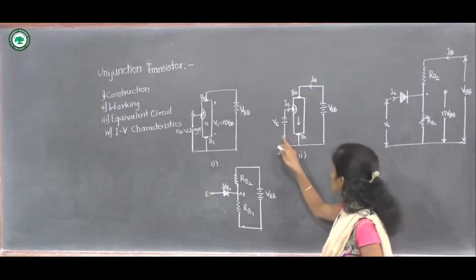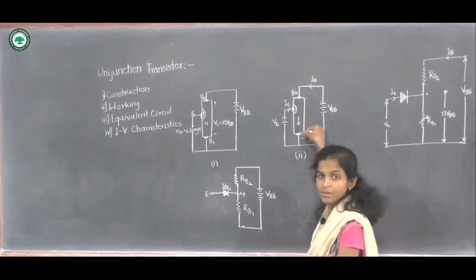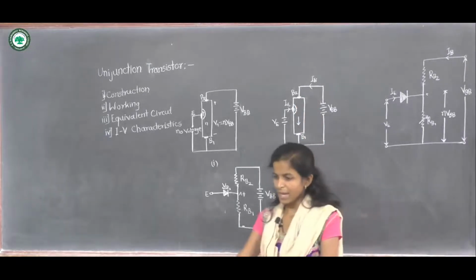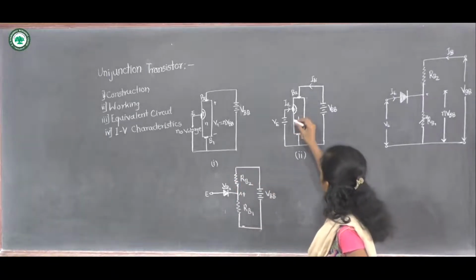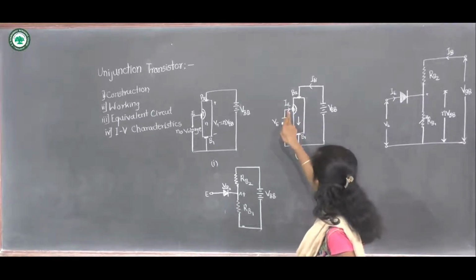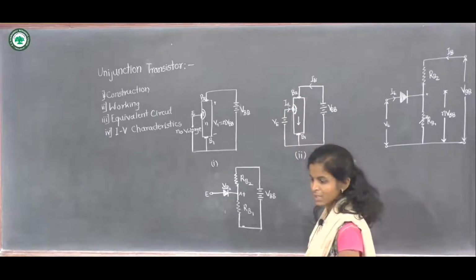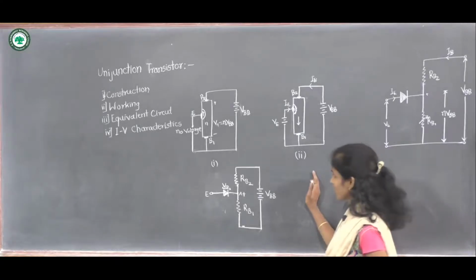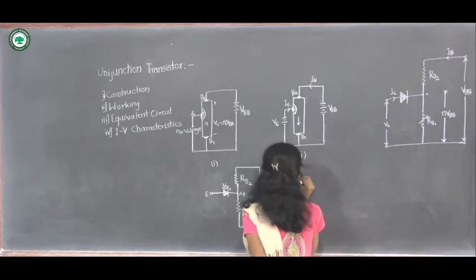Due to this, current will flow in this direction from the P region to base B1. And in this case, as the positive terminal of this battery is connected to the emitter terminal, this PN junction is forward biased. So there will be two cases for these two situations, when VE is less than V1,